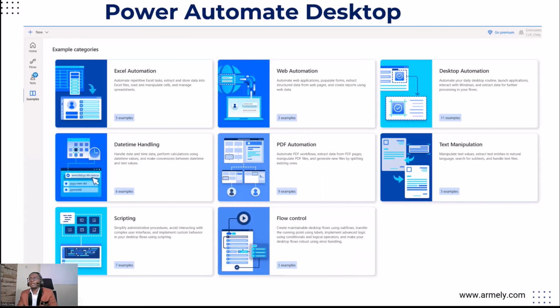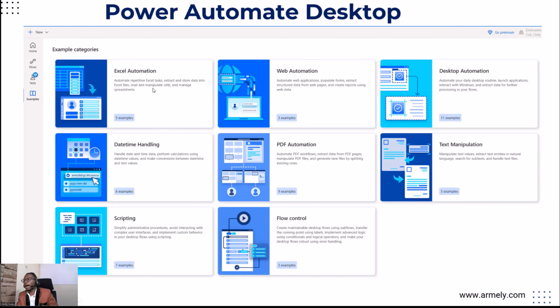This is a snip of Power Automate Desktop. Remember we said Power Automate Desktop is our tool for robotic process automation, in this case when you're connecting to systems that do not have APIs. There are examples of what you can do. There's Excel automation, where you can automate repetitive Excel tasks like extracting and storing data into Excel files, read and manipulate cells, and even manage spreadsheets.